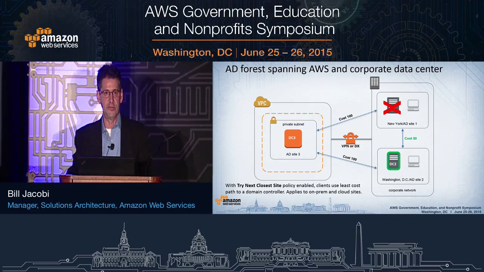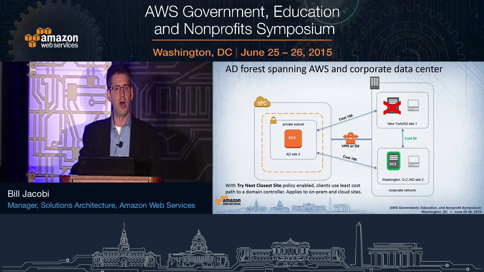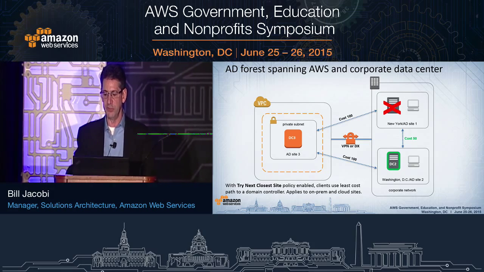domain Active Directory sites. So we would set up New York as AD Site 1, we would set up Washington, D.C. as AD Site 2, and we would set up the AWS availability as AD Site 3. And in addition to that, we would set up site link costs between these sites. And so because of a high-speed connection between New York and Washington, D.C.,